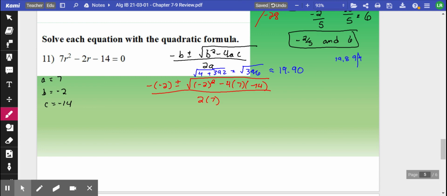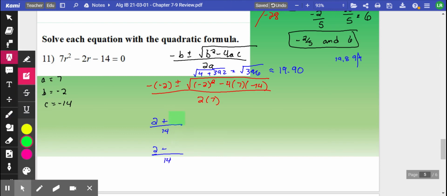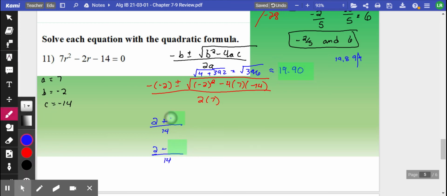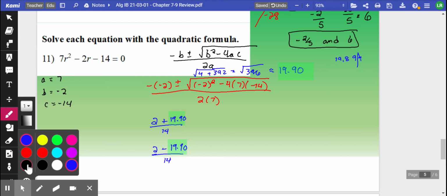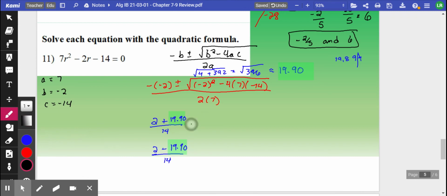Now let's break this up into its two parts. So negative of -2, that's +2, plus something divided by 14, and +2 minus something divided by 14. Now, what is that something that comes after here? That is my 19.90. Again, when we do this part, we want to make sure that we round to the hundredth. So let's add those up. 2 plus 19.90 is 21.90